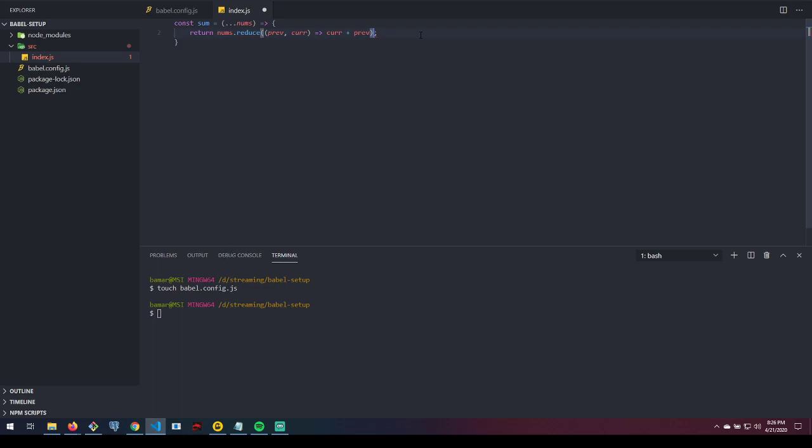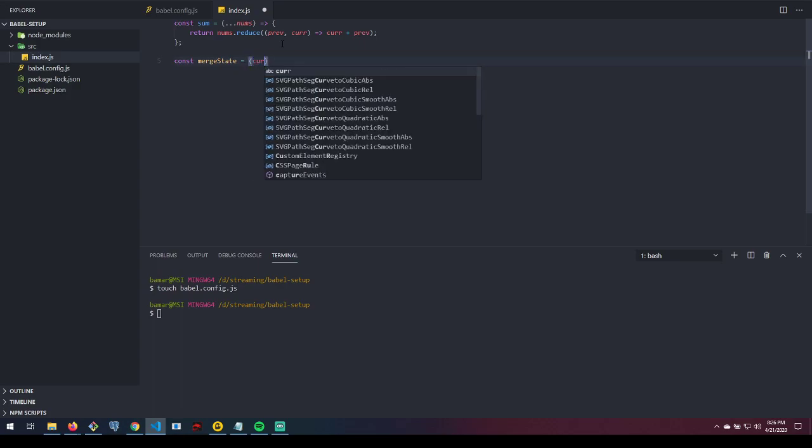Looks like I have an extra paren there. So that's a simple summation function, just to show some of the newer features that might come up. And here's another example. We have one that would be like merge state, and merge state will take a